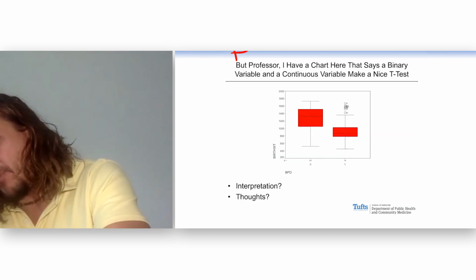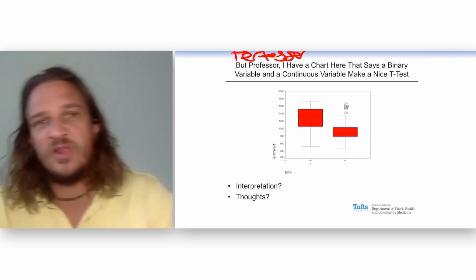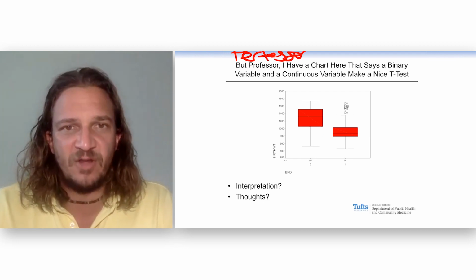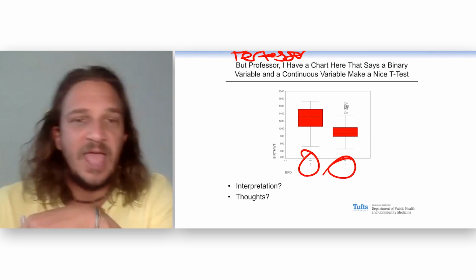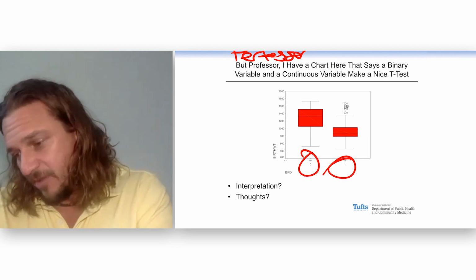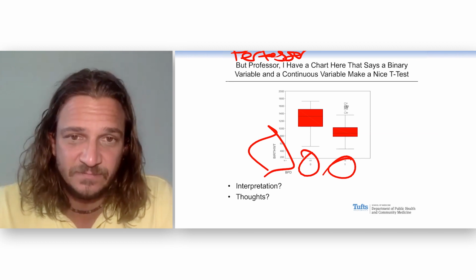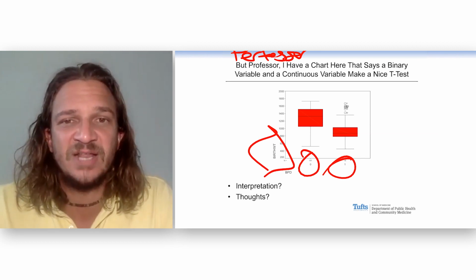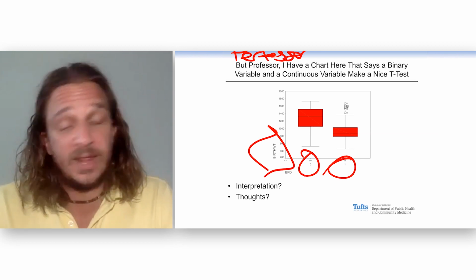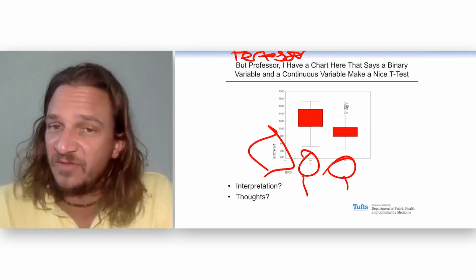Oh, this is funny. I had to spell professor. But professor, I have a chart here that says if I have a binary variable, I have BPD, right? And then I have a continuous variable, birth weight, I should run a t-test. And we could make a t-test here and say the mean birth weight between babies with and without this disease